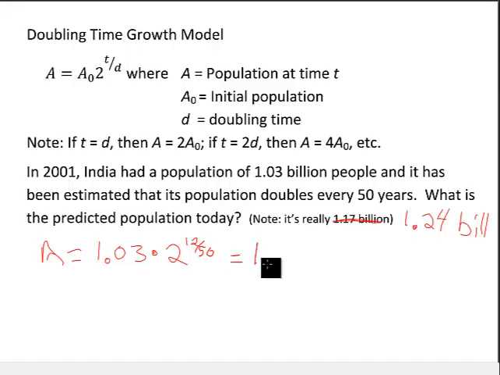So that's 1.03 times 2 to the, do that division, we get 0.24. Again, pardon my lack of a decimal. That's a decimal point. So we have this 2 to the 0.24 power, which I got to be 1.18, so this is all equal to